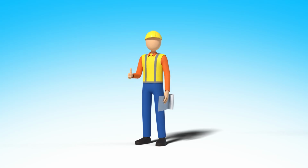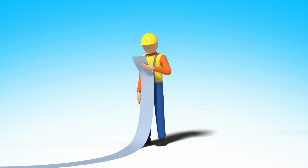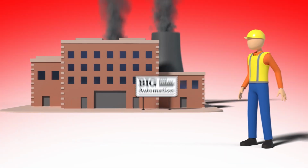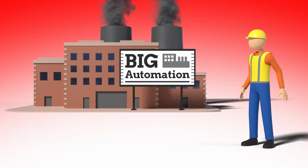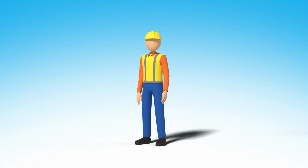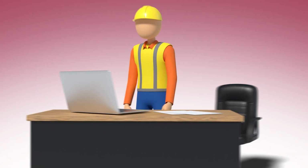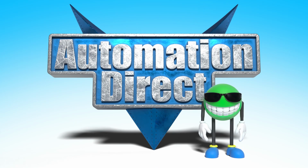You're a machine builder, and you have a list of parts you need for an upcoming build. What do you do now? Should you go to the local, big-name parts distributor and put up with pricing of the day? Nah. Should you go online and spend hours searching for the parts you need? Why bother? Or should you go straight to AutomationDirect.com and not only get the parts, but the service and support